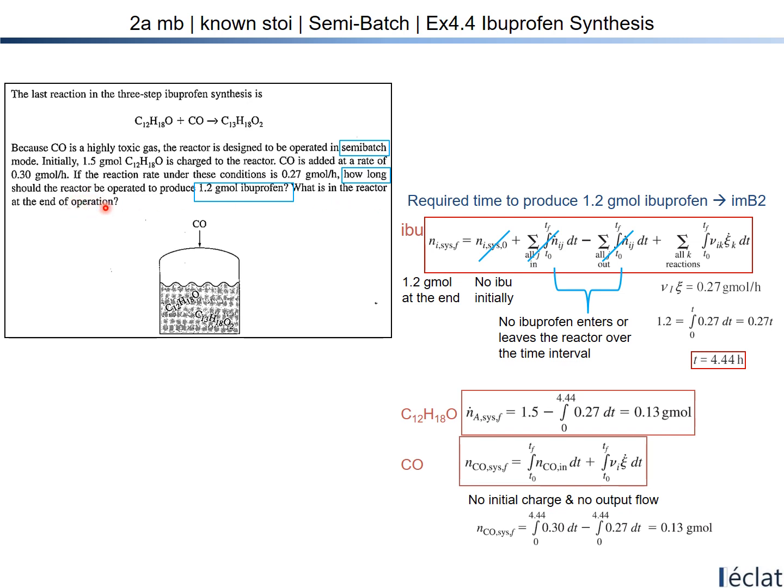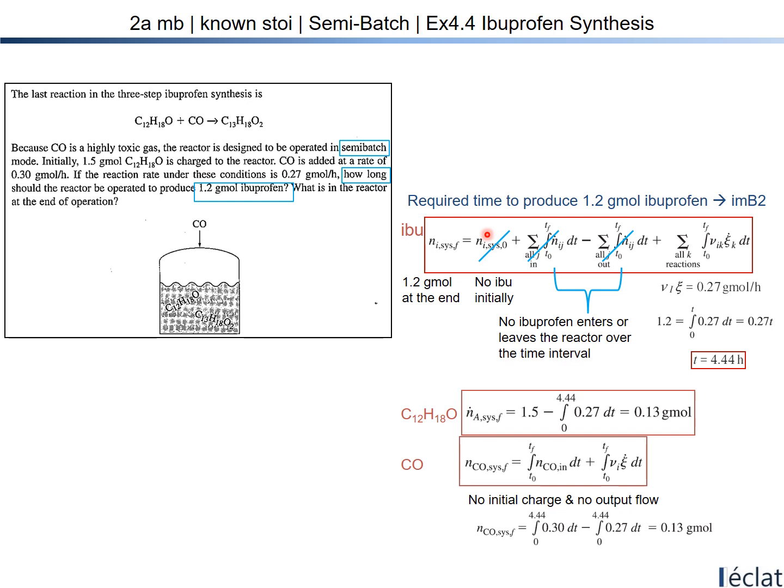It means we should calculate the concentration of this one, and this one. So right now we have 3 compounds for these problems, and then we could make the three different mole balance equations. I'd like to use the integral form of mole balance equations. The first one is for ibuprofen, the second one is the first chemical, and the third one is carbon monoxide. Final minus initial